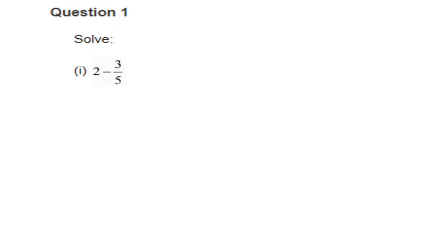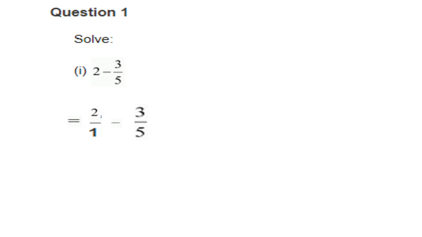Here we have one whole number and one fraction. So if the question is like this, first convert the whole number into a fraction. Here you have 2. There is no denominator, so put 1 in the place of the denominator like this: 2 by 1 minus 3 by 5. Now this is the correct format of the question. Both are in fraction. Okay.